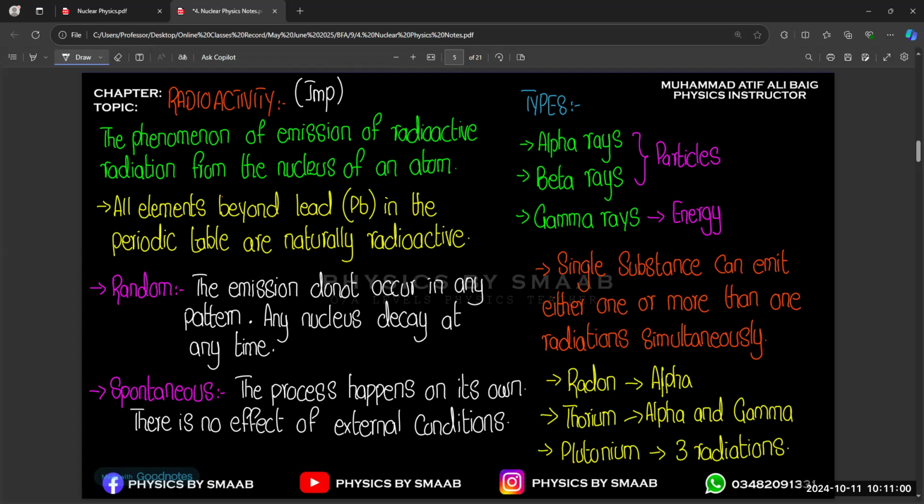But before that, we have to know what radioactivity actually is. That is the basic thing. So radioactivity means, let's suppose you have a plastic bag, and you fill it completely with water, okay? Then you seal that plastic bag. Now liquid is contained in that plastic pouch. But let's suppose you make a hole in that plastic bag with the help of a common pin. So what happens after 1 hour or 2 hours with that plastic bag?